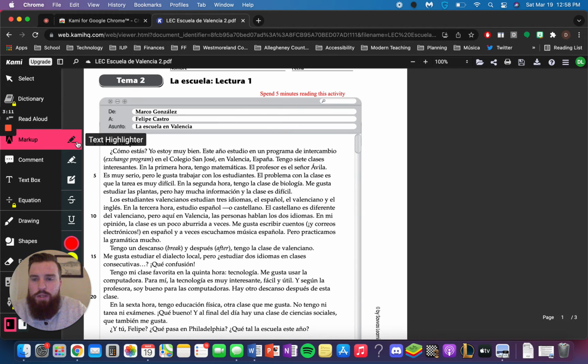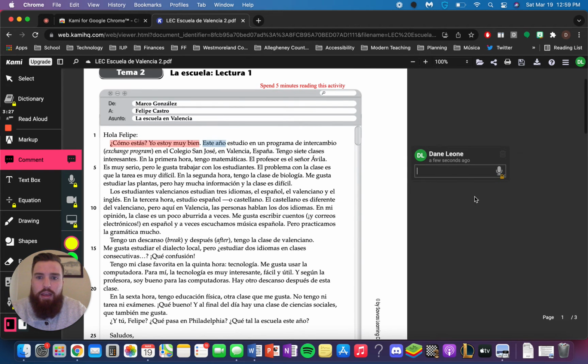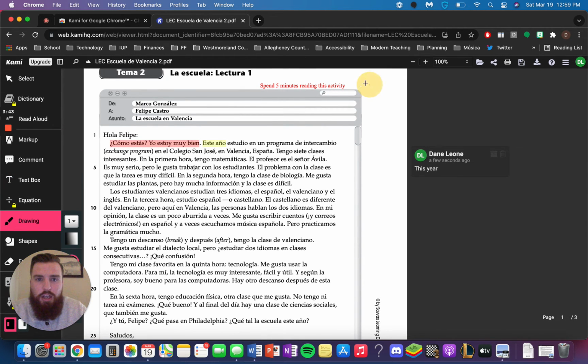I also love using the markup tool. There's a text highlighter, which since this is mainly a PDF annotating extension, it recognizes the text, which allows you to easily highlight text and make comments on the right side using the comment feature too. So for me, I might highlight a phrase in Spanish and say este año means this year. And again, all of these annotations will show up when we push this assignment out to our students. So we got text boxes, we got some highlighters, you can even draw on the document if you wish to draw on it. I don't use that too much, but that could be super useful for certain disciplines and content areas.